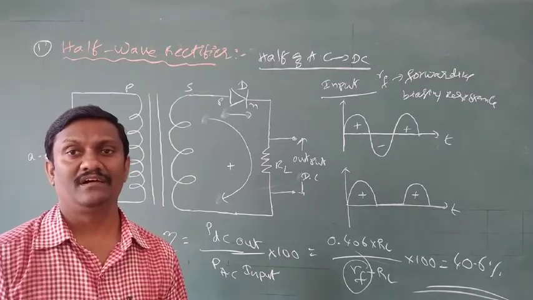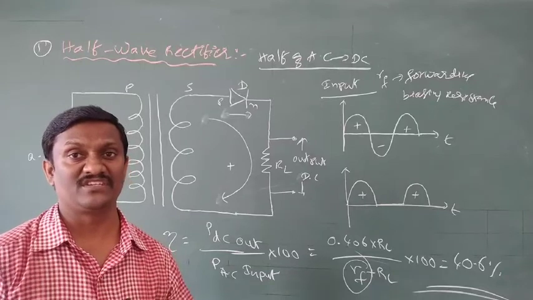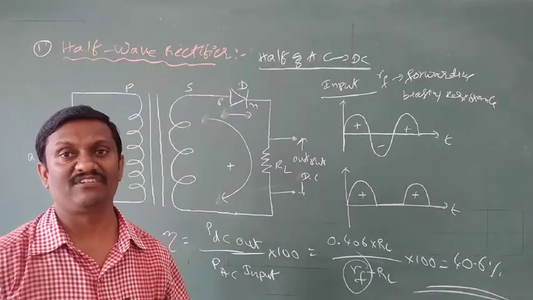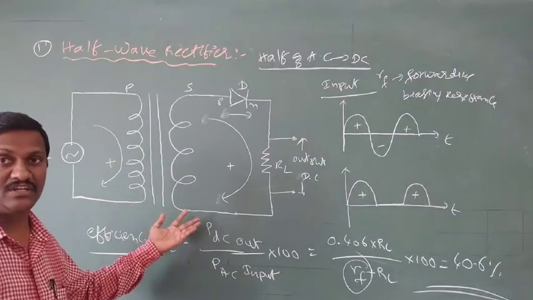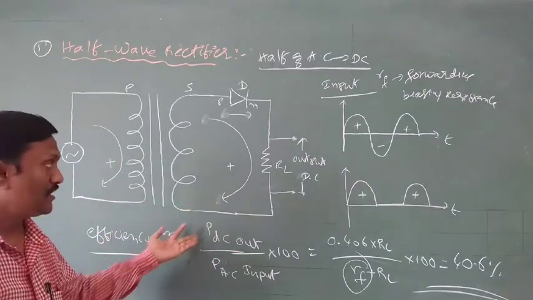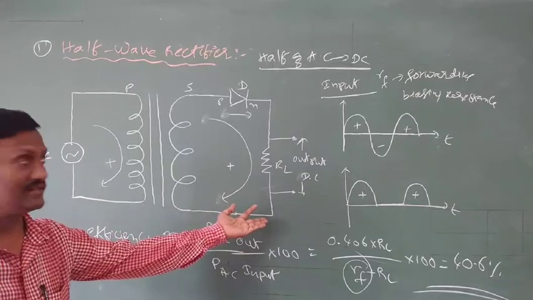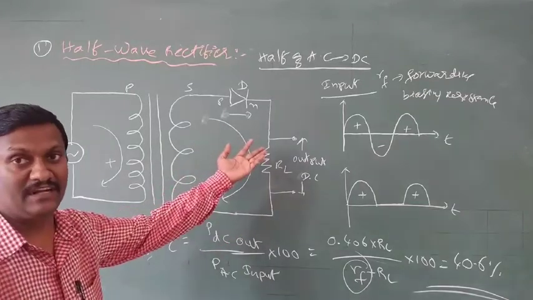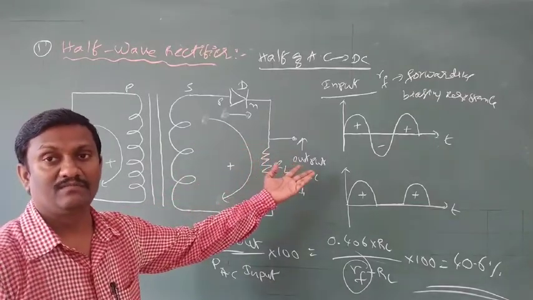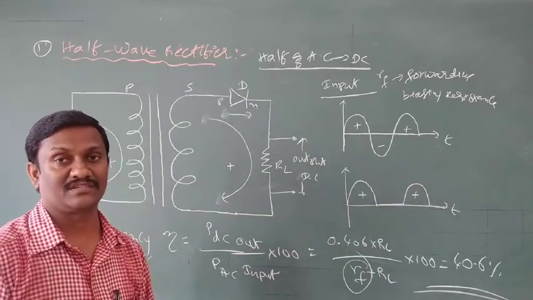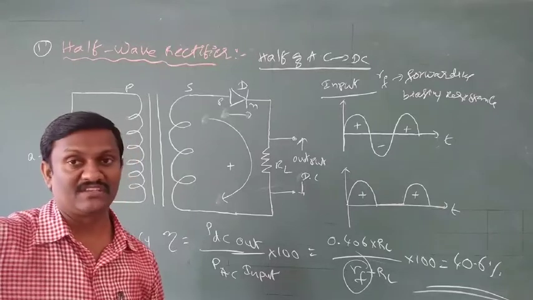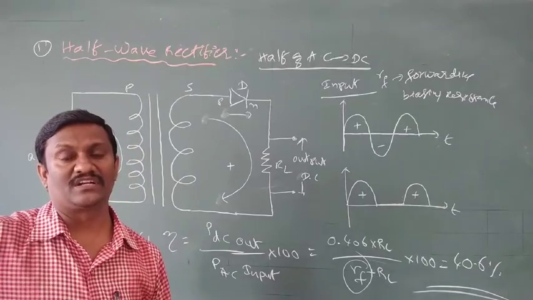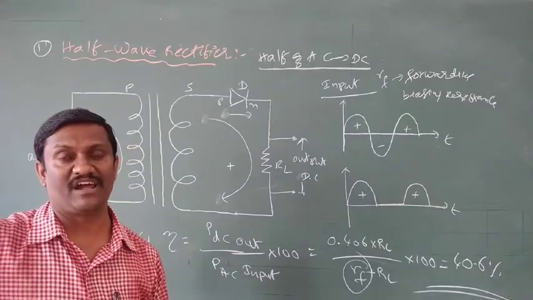Generally we think a half wave rectifier converts 50% of AC to DC, but here it is less than 50%. Why? Because the coils have resistance, the load resistance also opposes, and the diode, being a semiconductor, also has some resistance, along with transformer losses. So a maximum of 40.6% of AC is converted to DC. That kind of device is called a half wave rectifier.